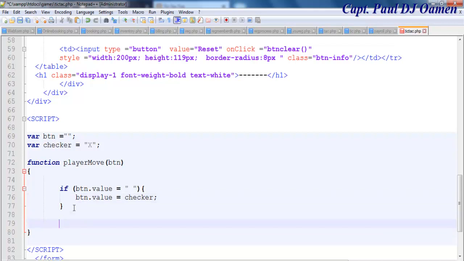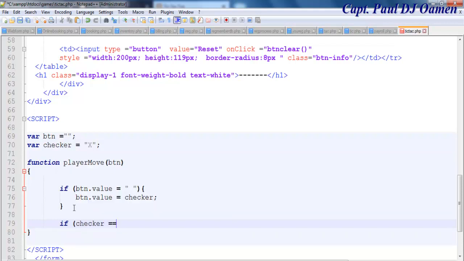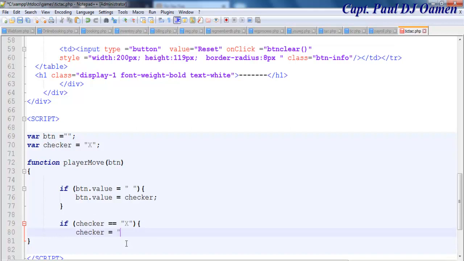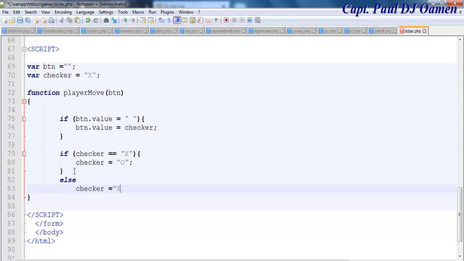Now let's use another if statement. So this time around I'm going to say if checker itself equals X. So let's change the value of this checker to O, equals letter O, and close that off. We now use an else for our next condition. Else checker equals letter X. There we go. Right. So if I run this now,